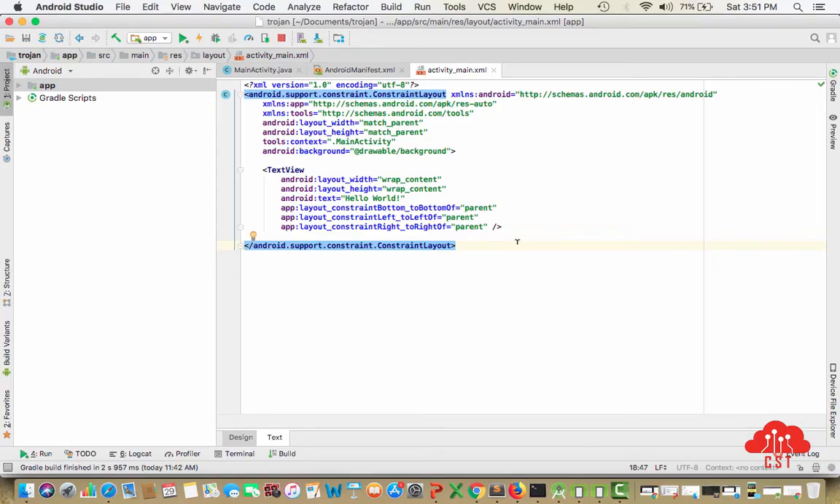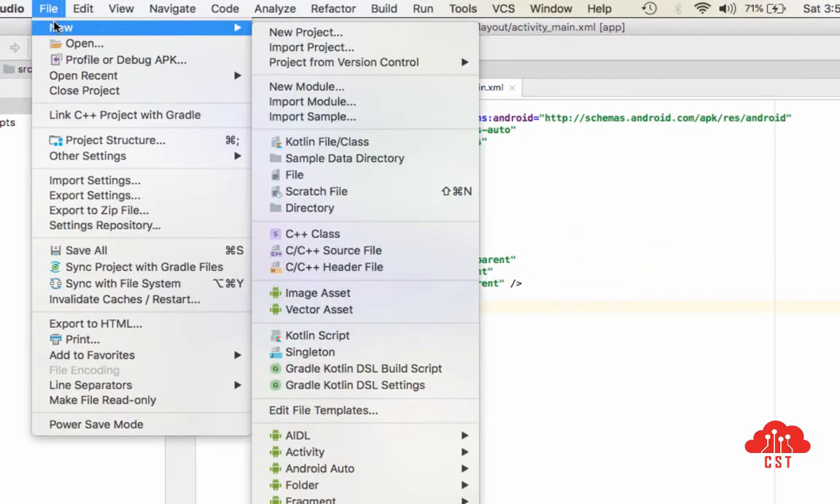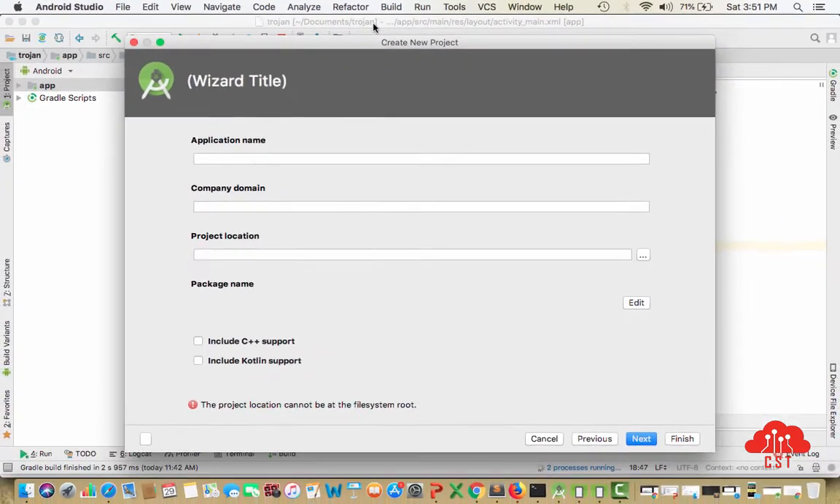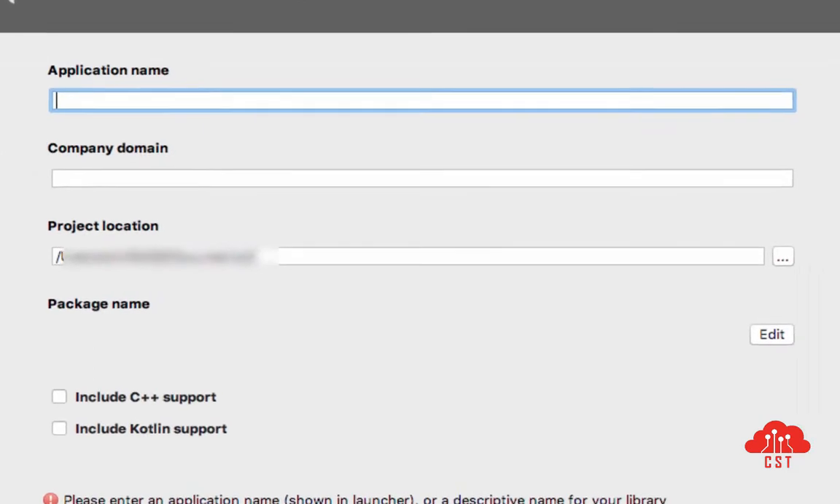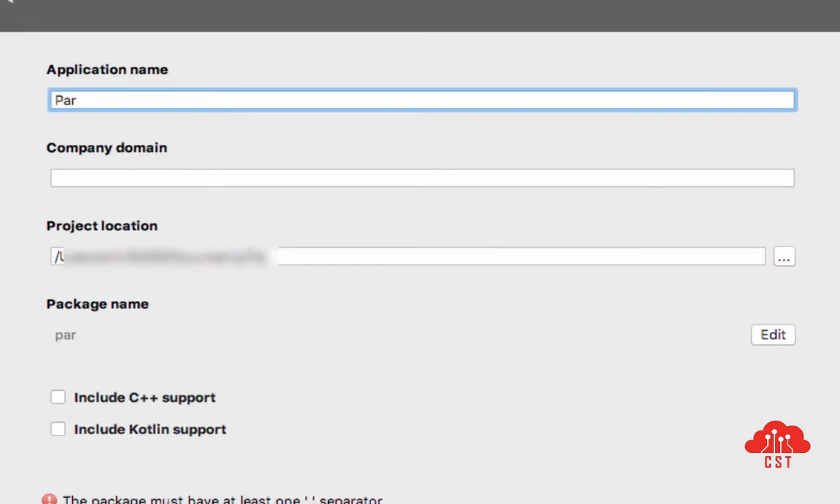Alright, open up Android Studio and go to File, click on New and New Project. We are now going to create a new project. Let's give it a name. I call it Party App,